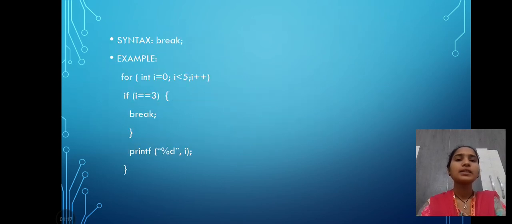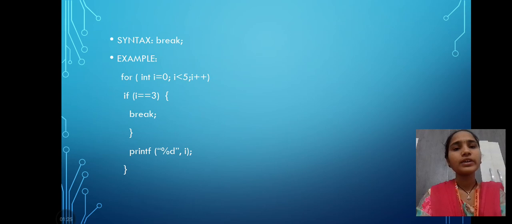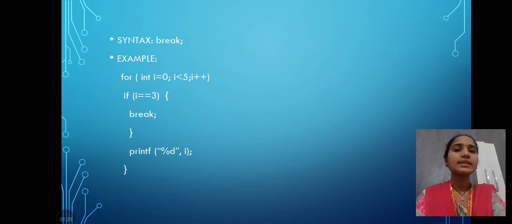And syntax and example for the break statement. Syntax for this is break semicolon. And example for this is for (int i = 0; i < 5; i++), if i equals 3, break; printf("%d", i);